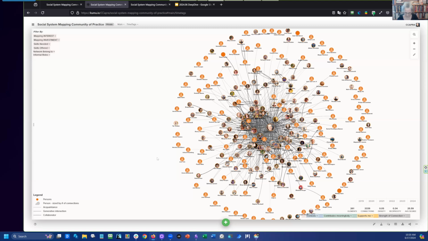I thought, well, we need to have a sandbox that people can play in, or they need to be able to put themselves on a map so that they can even understand the tool set, because unless you actually have the hands-on experience, it's really hard to figure out how to even think about it. And then we had a bit of a community practice, and I just figured, well, it's time for us to actually make a map and invite people to put themselves on it so that they can at least have an experience. So part of this map is simply for people who are curious about social system mapping to have a walkthrough experience,